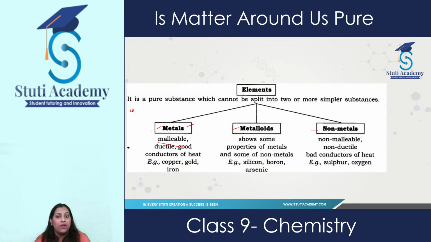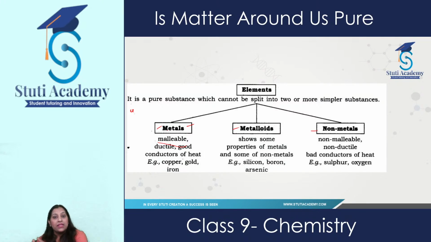Metals are highly malleable. It means we can easily convert them into thin sheets. Not only aluminium can be converted into sheets, we can easily convert gold, silver, aluminium, copper, all these metals into thin sheet form. And they are ductile, as I told you. We can convert them into wire form also. And they are good conductors of heat. They allow the heat to pass through them. They are very good conductors.